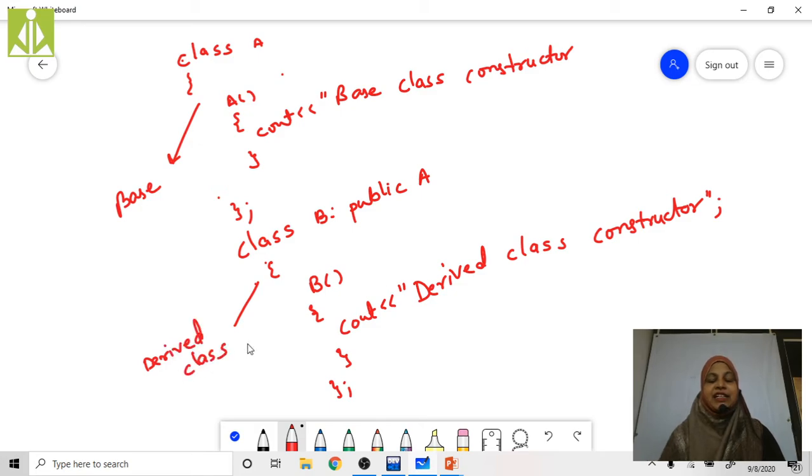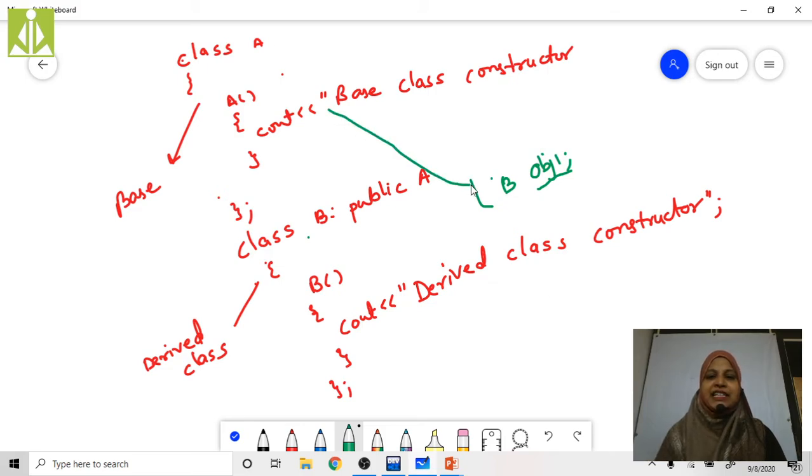Whenever we create an object for class B, B obj1, automatically the base class constructor is going to be invoked first, then the derived class constructor is going to be invoked.